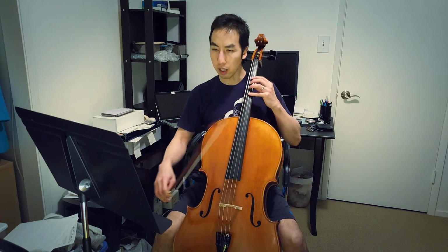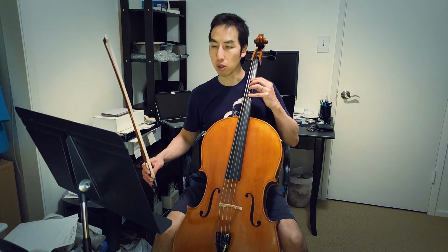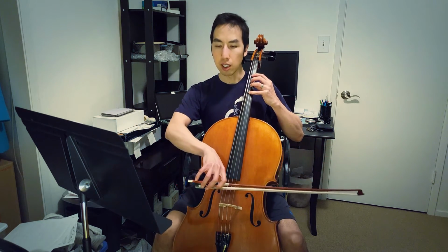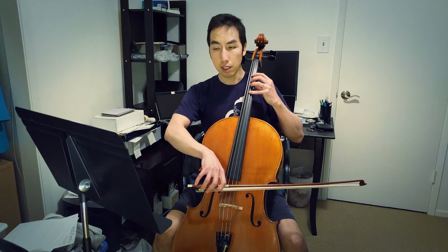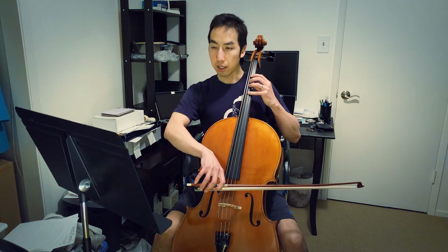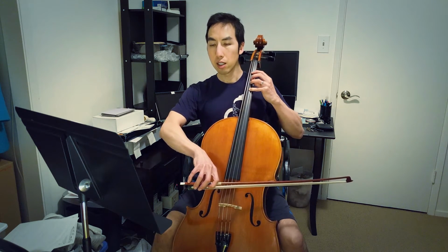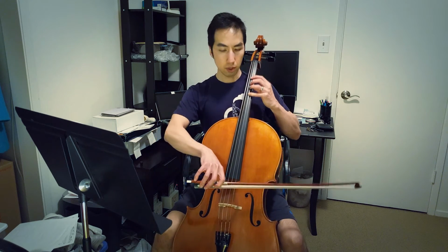Yeah, so actually it's the same melody repeated, one with quarter notes and one with eighth notes, a little bit slower and a little bit faster. So the shift is dun dun dun dun, dun dun dun dun, and that C,